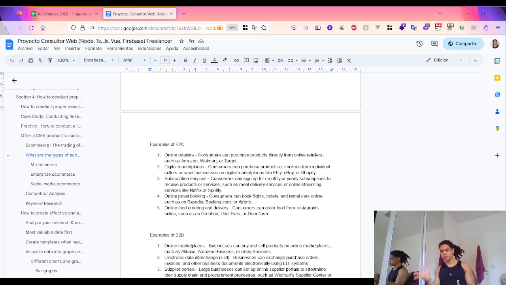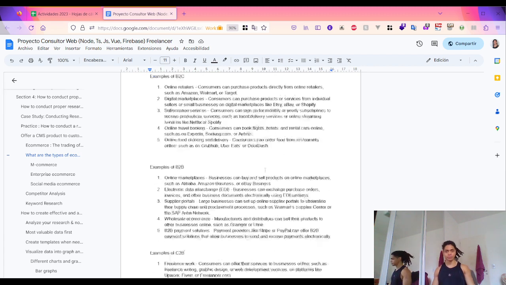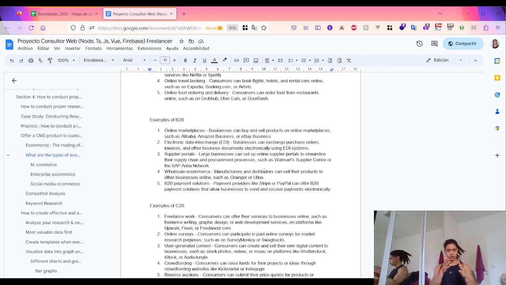Here you have the supply center from Walmart or SAP Ariba network, wholesales, but now manufacturers and distributors sell goods to business, like Uline and Grainger, and business-to-business payment solutions such as PayPal or Stripe. Then I look at the consumer to business, such as freelance work, online surveys like SurveyMonkey, crowdfunding, Indiegogo, Kickstarter,